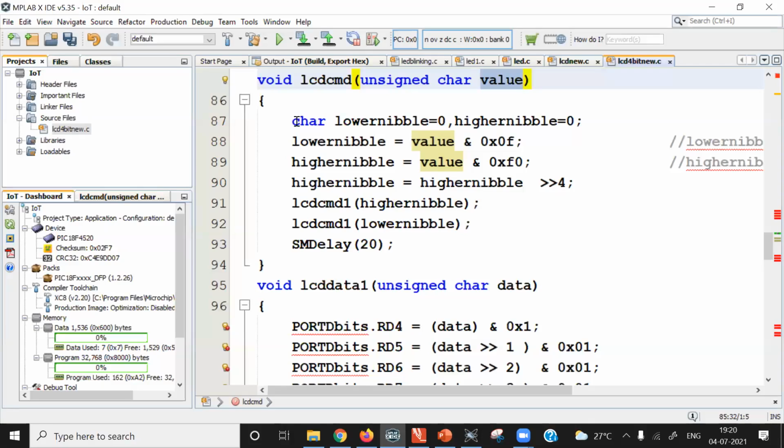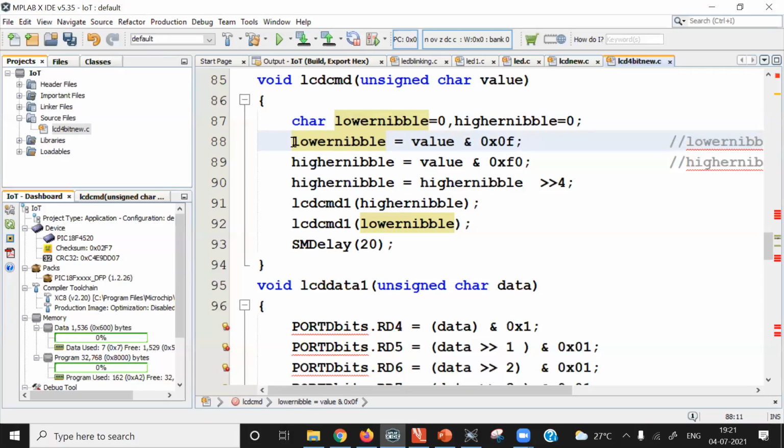I have declared here 2 character type variables, unsigned character lower nibble and higher nibble, and they are initially assigned 0 value. So we have 2 user defined variables created, lower nibble and higher nibble, and they are unsigned character type, 8-bit types.